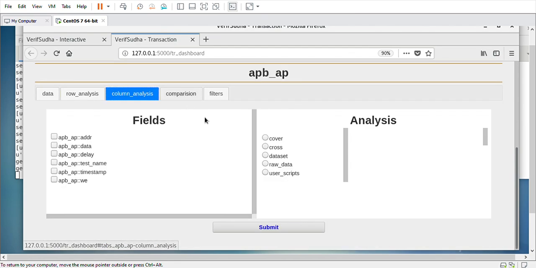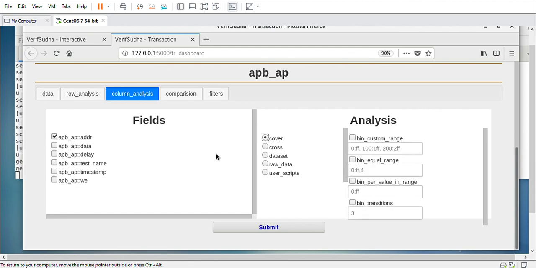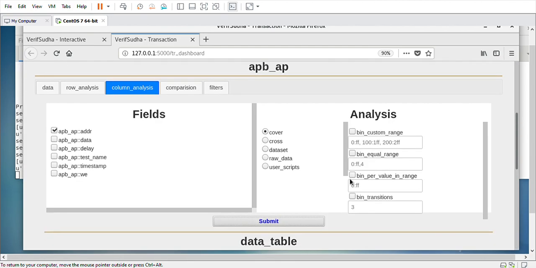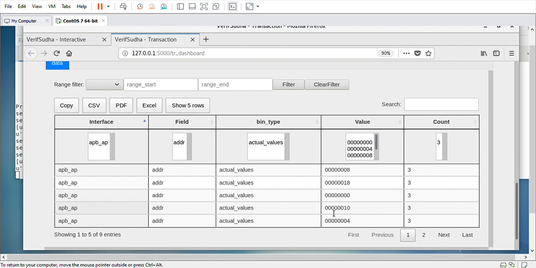So I will go to the column analysis. I'll select the address, I'll say cover and I'll say submit. So here now I'm able to see that in the AP interface for the field address, 8 has been accessed 3 times. We don't know whether it is read or write, but it has been accessed 3 times.